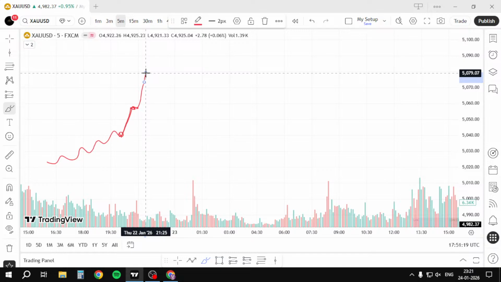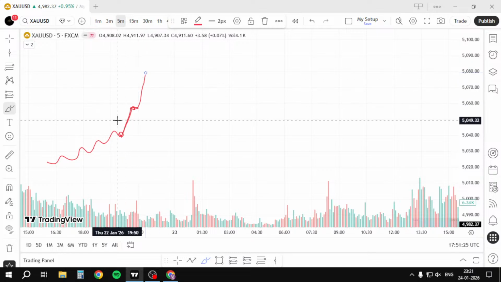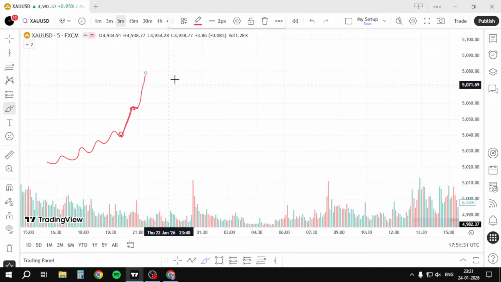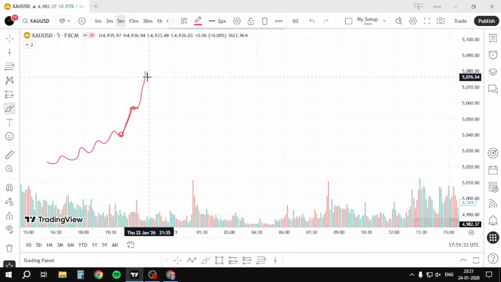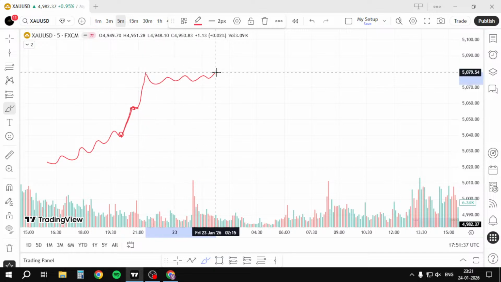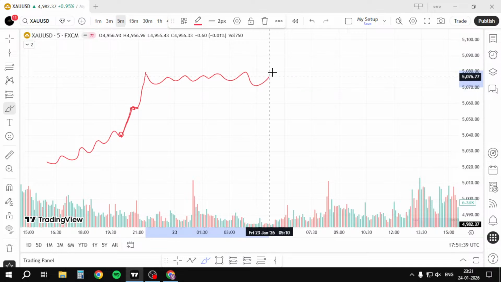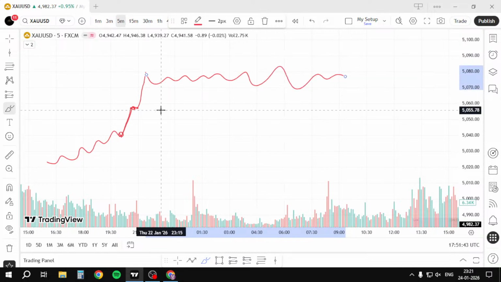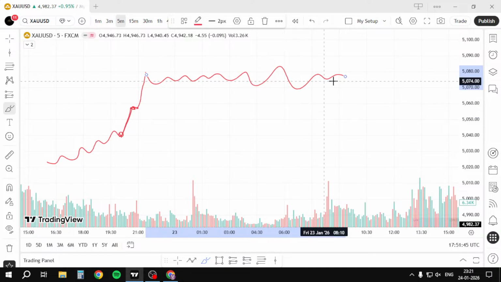Now see, just after that, either your session closes or you pause your system or something happens. You pause your trades. You don't make any transaction thereafter. So the market goes just like this, just like this, just like this. Now when your session starts again